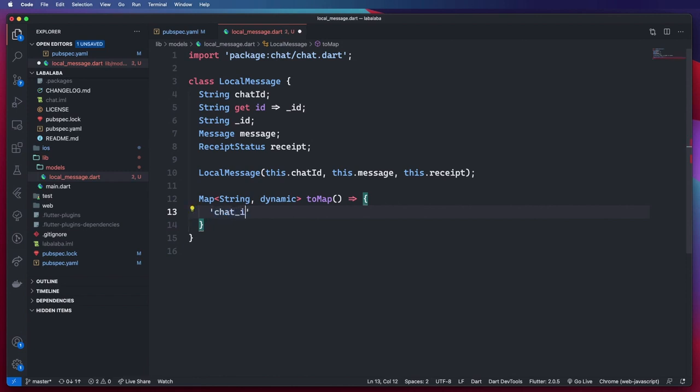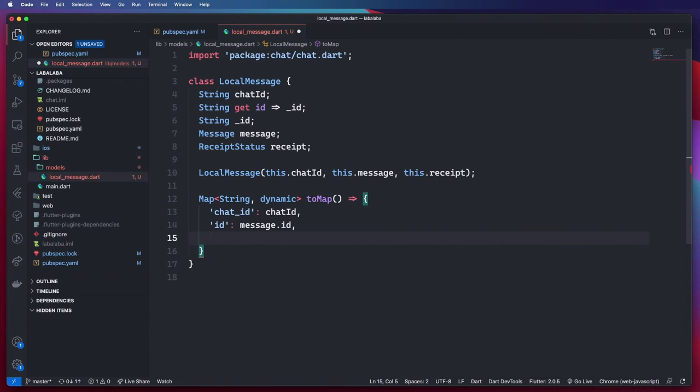So I'll say chat ID, that will equal the chat ID, the ID of the message itself will be equal to the ID from the chat module message, and I'm just going to use the same fields from the complete message